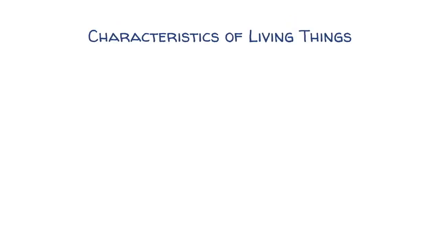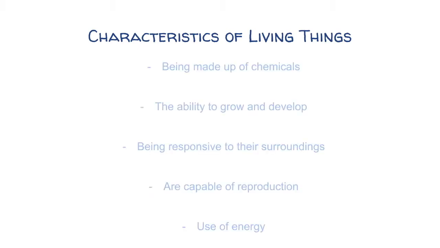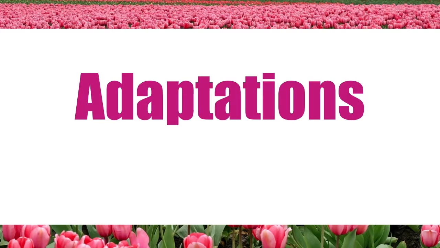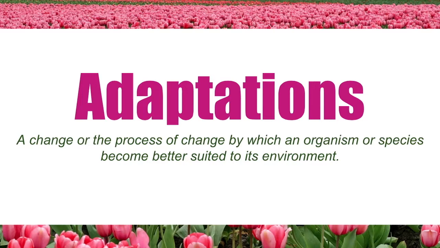All living things have cells, but what are living things? Characteristics define a living thing as being made up of chemicals, having the ability to grow and develop, being responsive to its surroundings, being capable of reproduction, and using energy. In order to survive, species develop adaptations over various generations, genetically or as an adaptive behavior. An adaptation is a change or the process of change by which an organism or species becomes better suited for